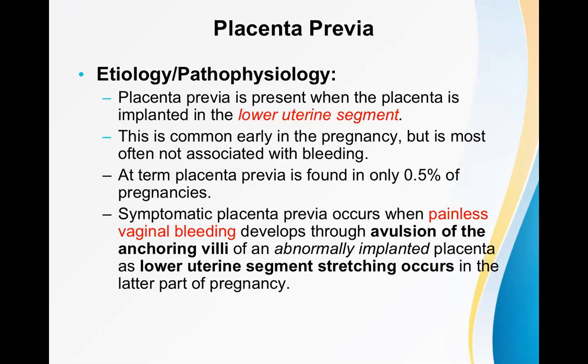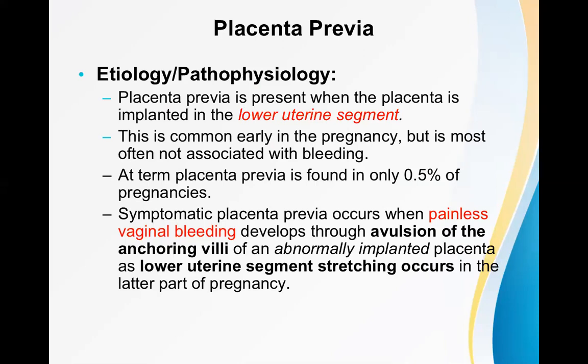Every student knows it already. Placenta previa means it is inserted or implanted in the lower uterine segment. This is the meaning. And what is the danger of this? It may obstruct the delivery of the baby. It may obstruct the natural passage of the baby through the vaginal route. And during that time, a lot of